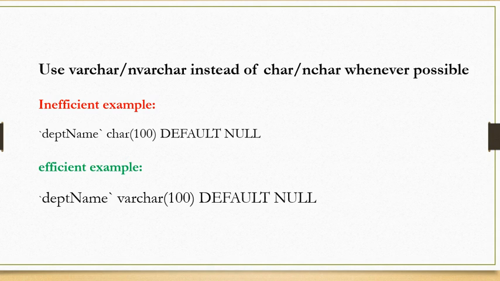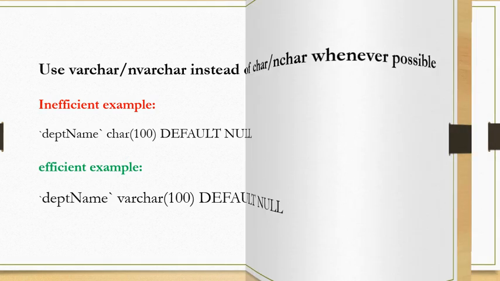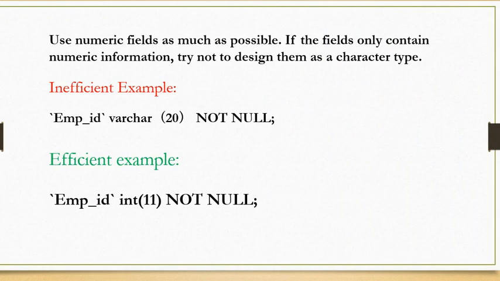The reason is, first, the storage space of a variable length field is small. Hence the storage space can be saved. Secondly, for queries, searching in a relatively small field is more efficient. Okay, so the next one is